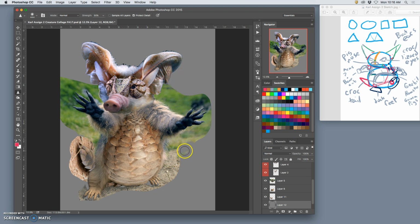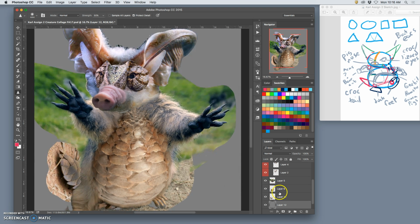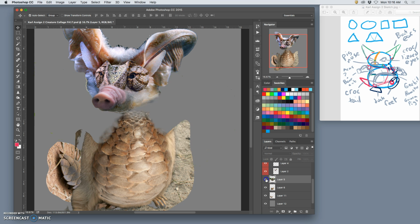Now that's going to be really helpful because it will show me any debris I have on these different layers, right? And I want to go to kind of the biggest ones first. So the arms here, a lot of